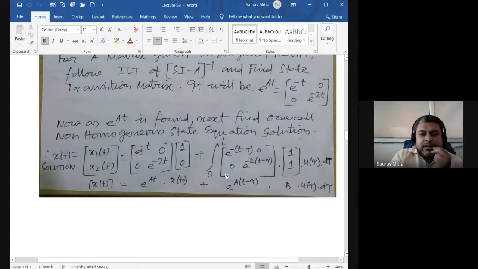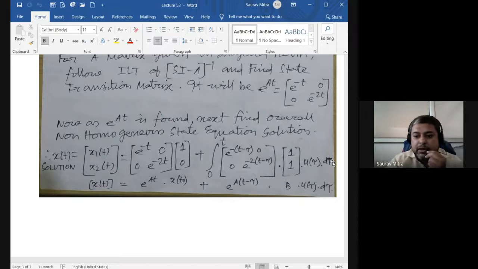Okay, so e raised to AT, substitute t as t minus tau. So this is e raised to minus, instead of t I have substituted t minus tau. And this integration is done with respect to d tau. So every small thing you have to care for. So today itself I will post all these things. Sit down once and look at these 6-7 pages. That's it. You have understood the most difficult part of control systems. There is nothing difficult in it.